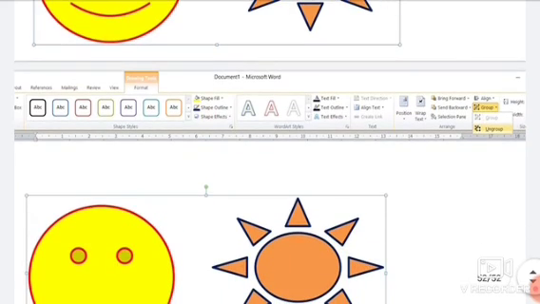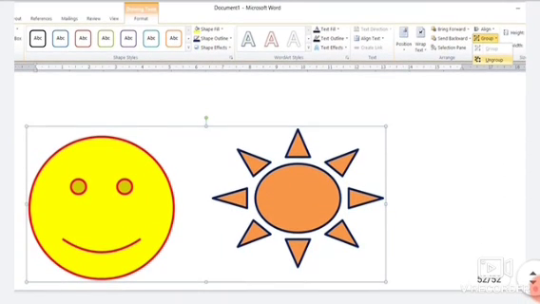If you want to ungroup it, to make it again in the previous form as it was previously, just select it and go to the Group option. In that Group option you will see Ungroup is highlighted. So click on this Ungroup. The pictures will ungroup and be separate as they were previously.